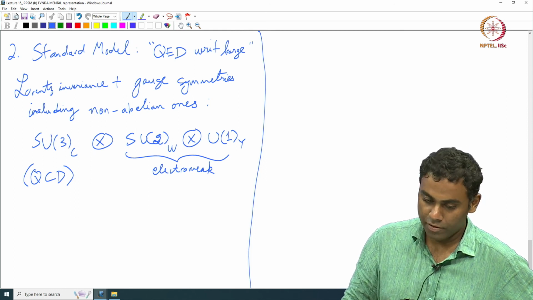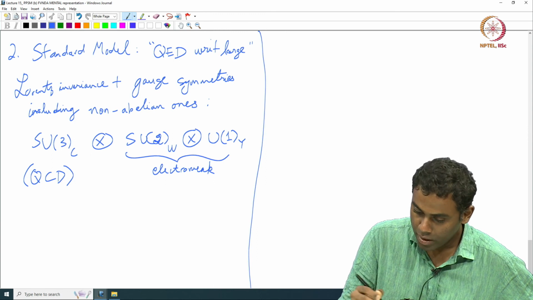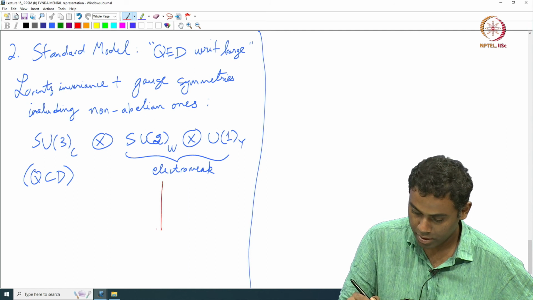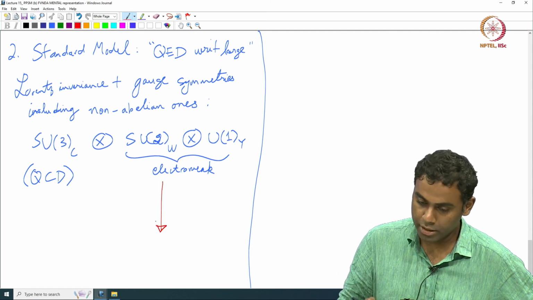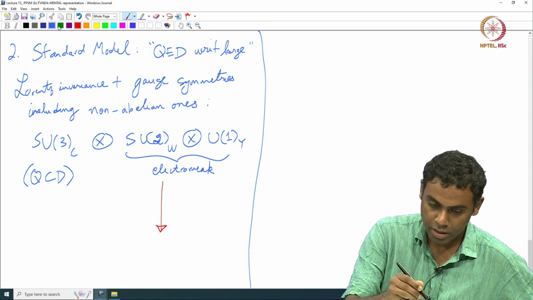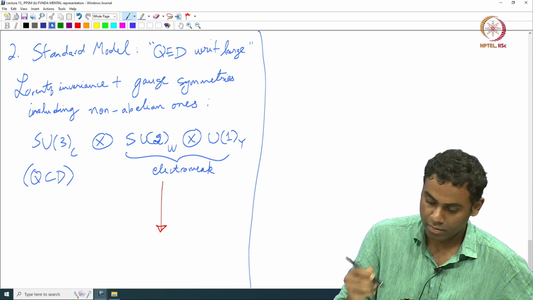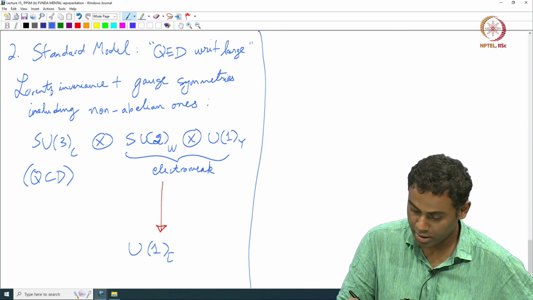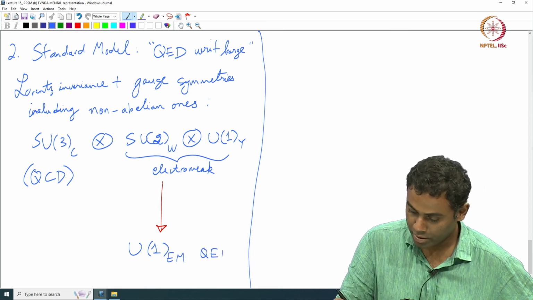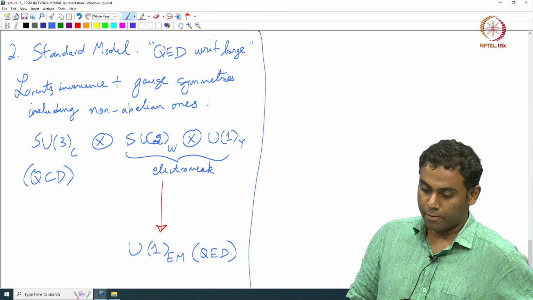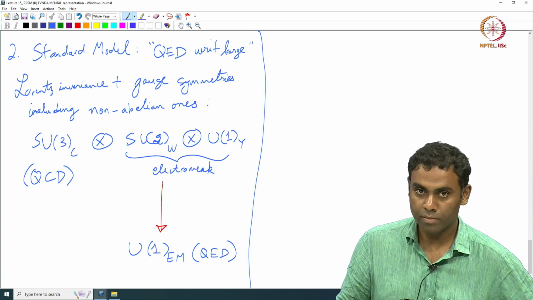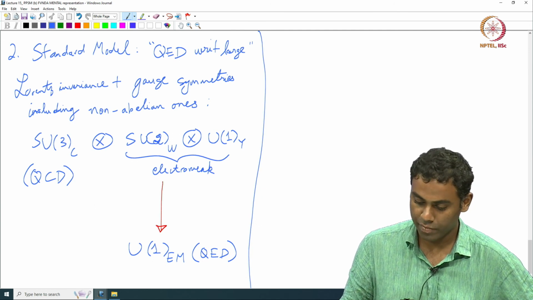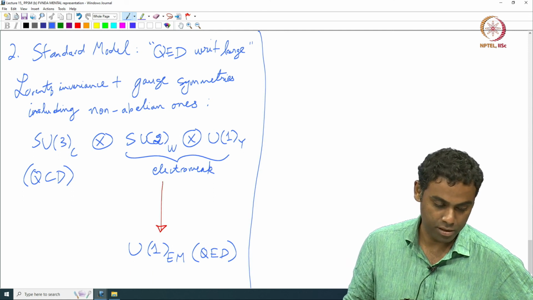okay. And we will see how this combination breaks down to QED basically. Once we construct the standard model this way, we can start deconstructing it and see how to get back QED. This is the combination where you lose some of the symmetry. This literally happened in nature, and then you ended up with a smaller symmetry that describes electromagnetism.